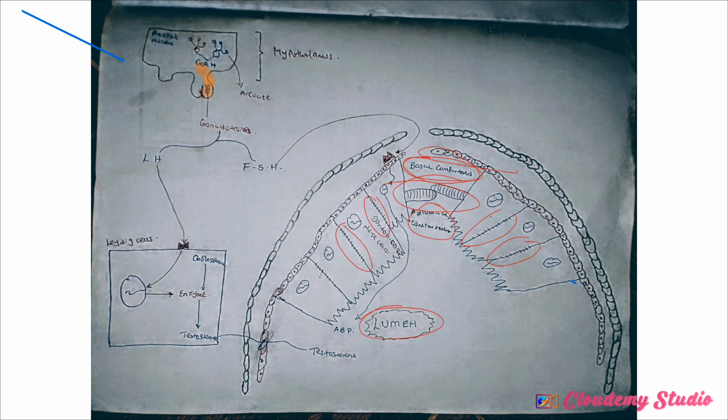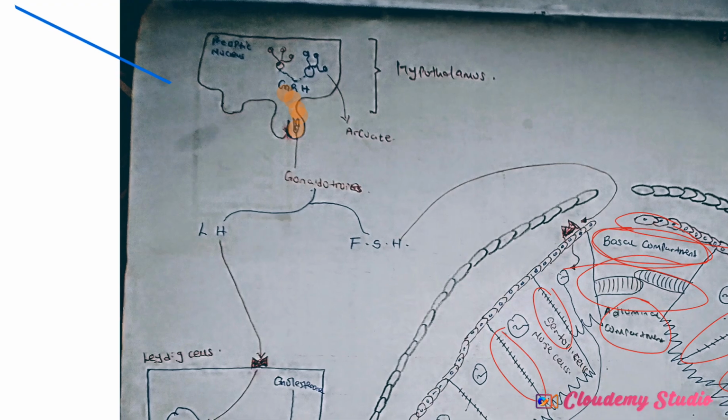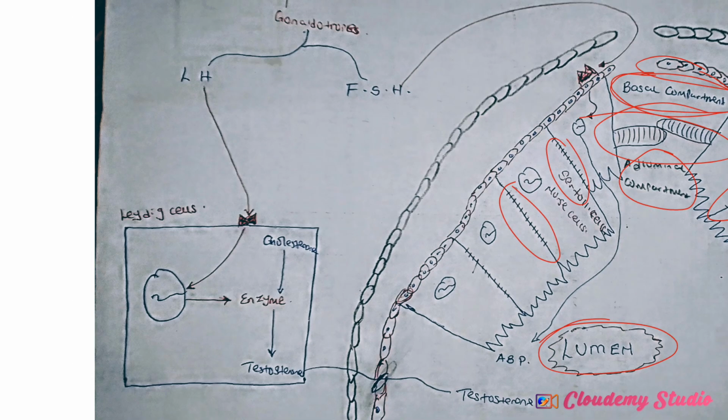Now, look at this. Look at follicle stimulating hormone. Look at luteinizing hormone. Now, this luteinizing hormone, can you see the arrow? One thing about luteinizing hormone is that it triggers the Leydig cells, also known as interstitial cells. Once it triggers the Leydig cells, it goes into the nucleus of the Leydig cells, and the nucleus stimulates the production of an enzyme. This enzyme stimulates the conversion, or secretes an enzyme which converts cholesterol into